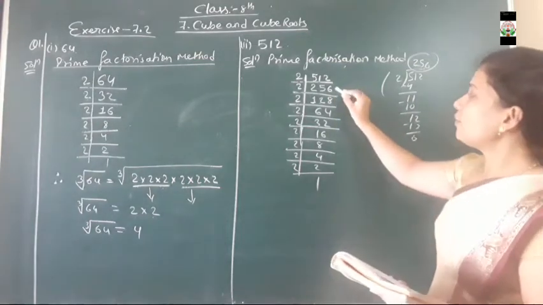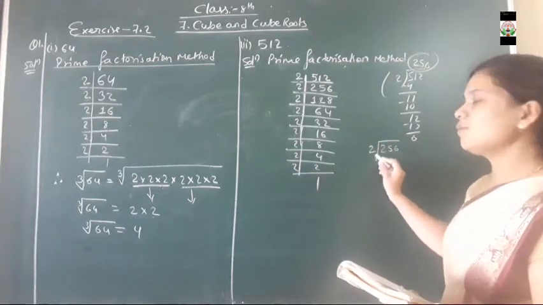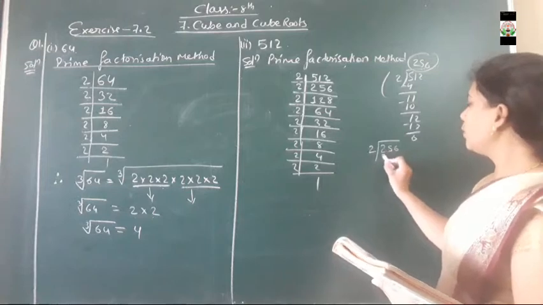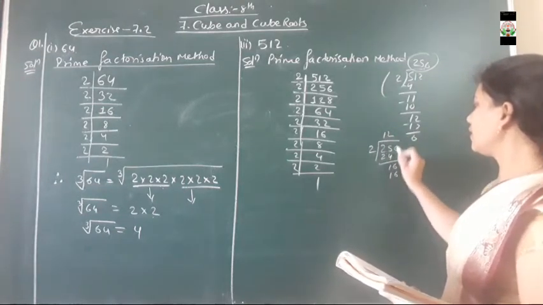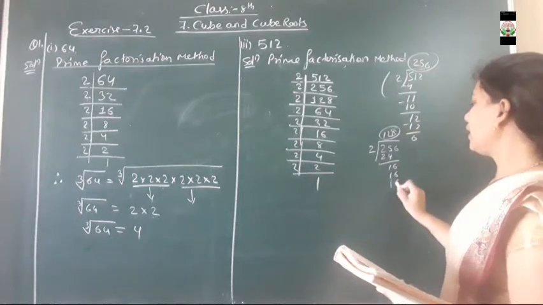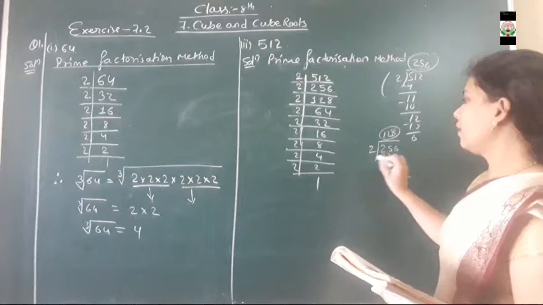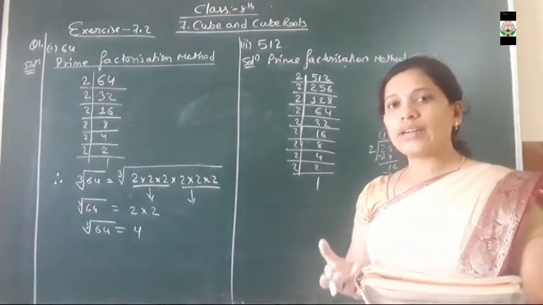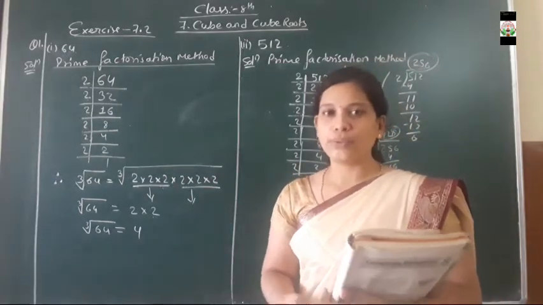In the same way, if we want to check whether 256 comes in the table of 2 how many times, for that we are going to divide it by 2. So here 2, 24, that means 12 times, 1, 6, 68, and that means 28 times. 8 times it gets. Clear? Have you understood? So in this way, the long numbers, the greater numbers, you have to divide and see how many times it comes in that particular table.